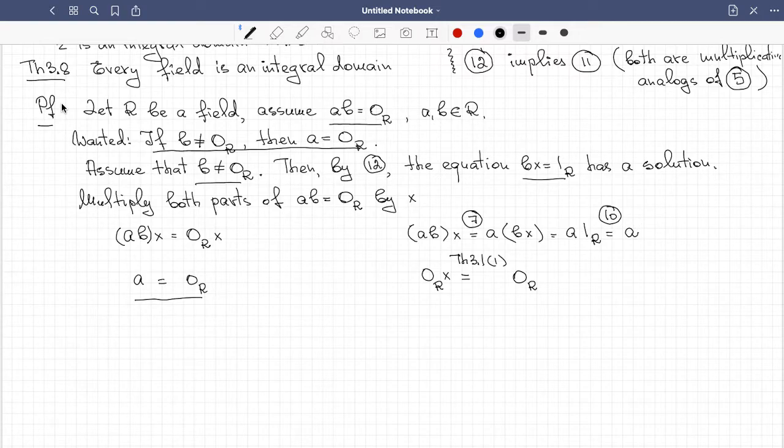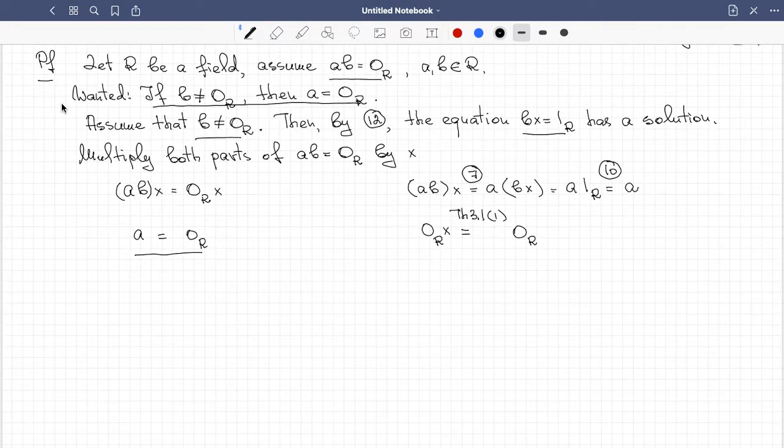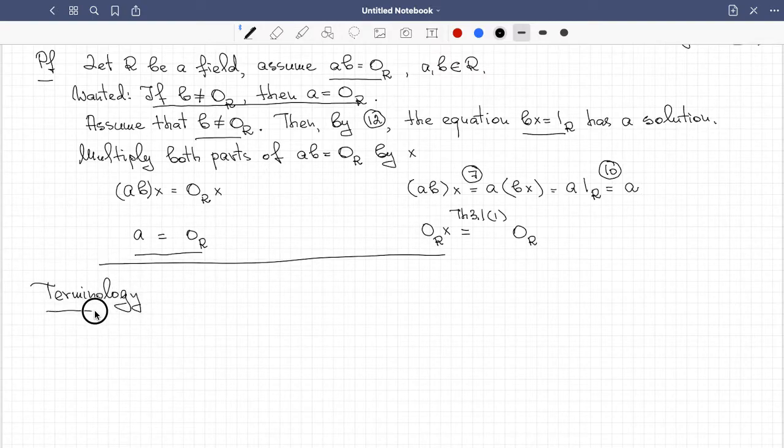In connection with integral domains, there are a couple of entries of our dictionary. So that's terminology: zero divisor, that's the definition. Zero divisor